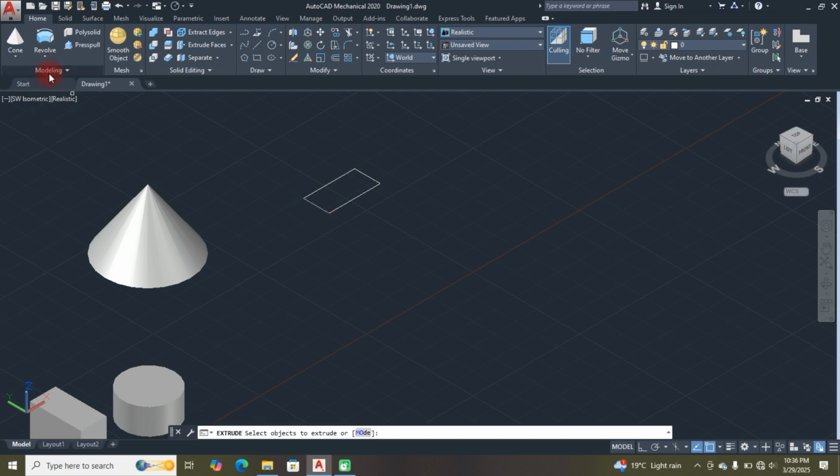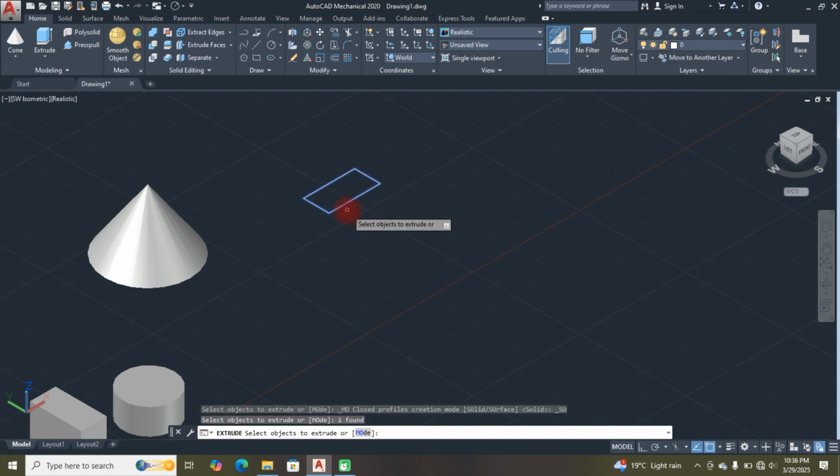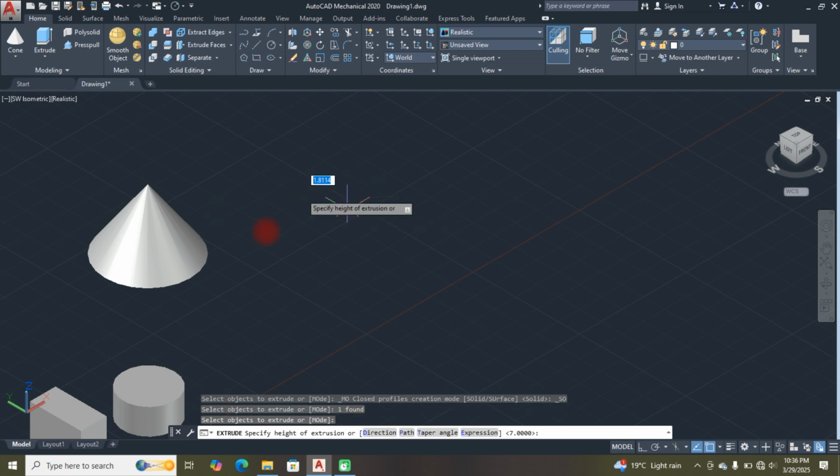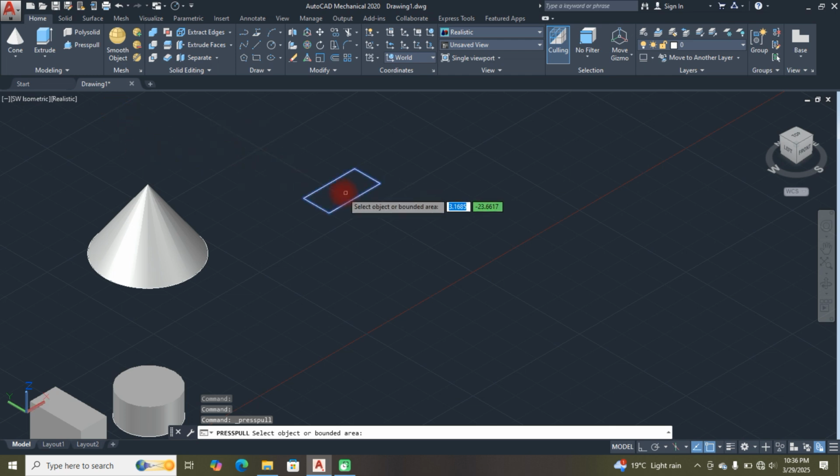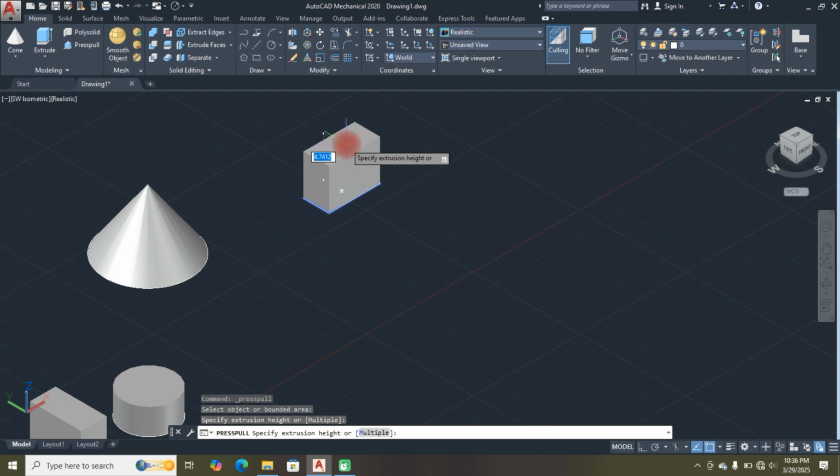Okay, so we are to use the extrude command. For the extrude command, it will prompt you to select the object, you click enter, then you just have to extrude it, let's say by a distance of 4, and like that. So control Z. The same thing press pull can do. You can just pick the press pull command here, then you click. For press pull, if you just click right away, you get to press pull that object, let's say by 5, and